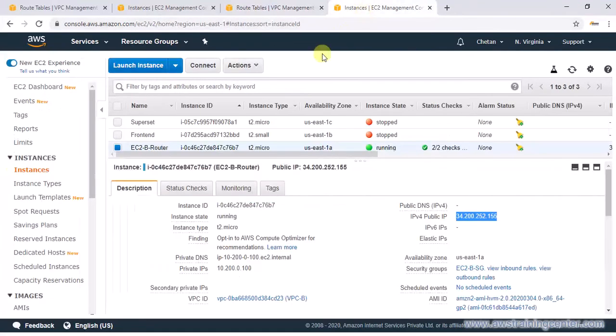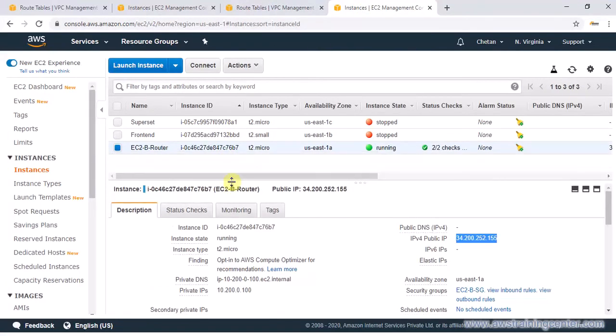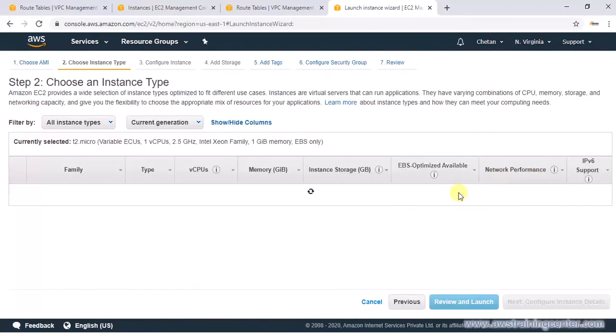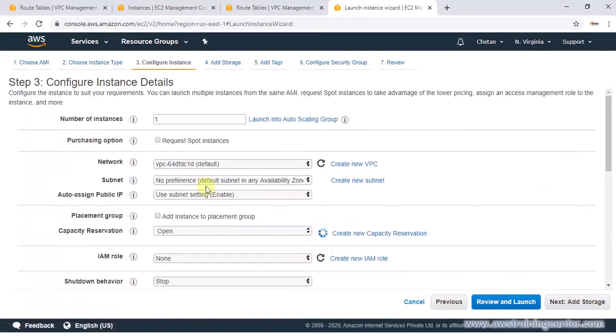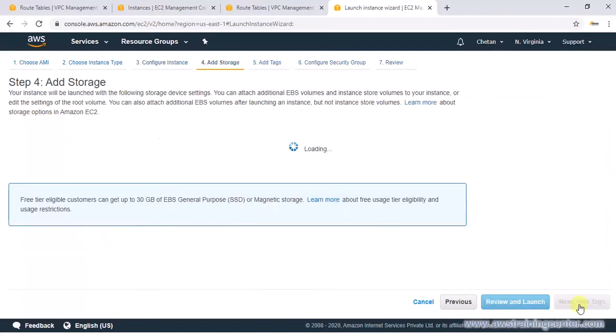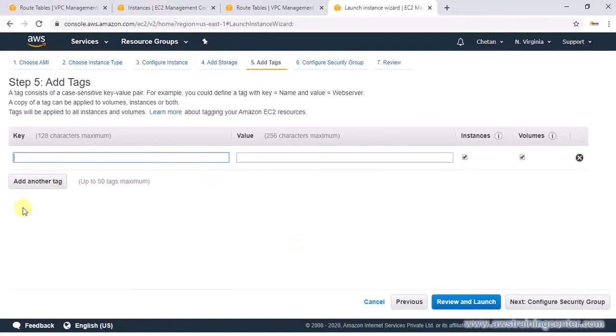Next I'm going to launch one EC2 instance inside this new subnet. So let's launch an Amazon Linux machine into VPC-B in the private subnet. Make sure you select the right subnet. Most of the things are default. Let's call it